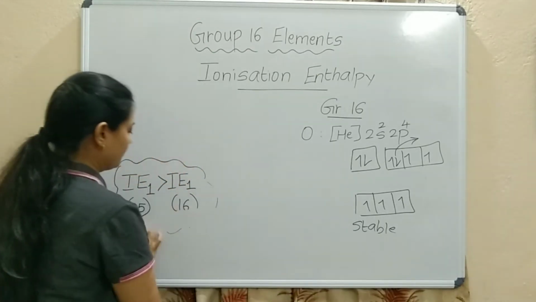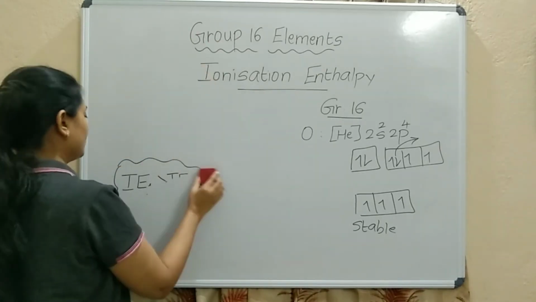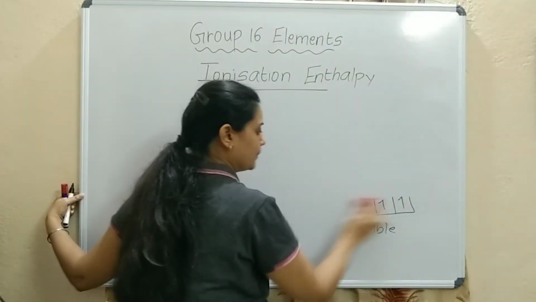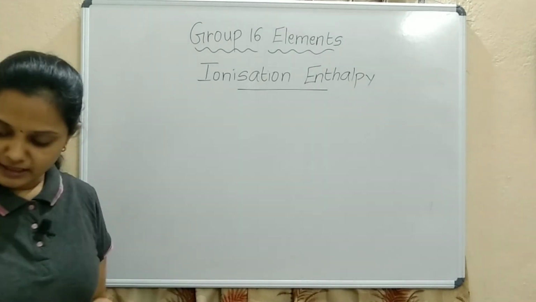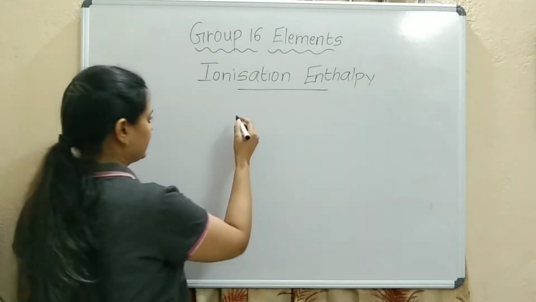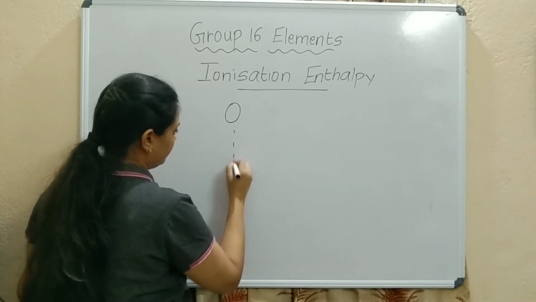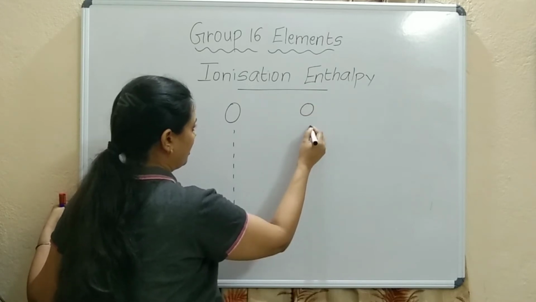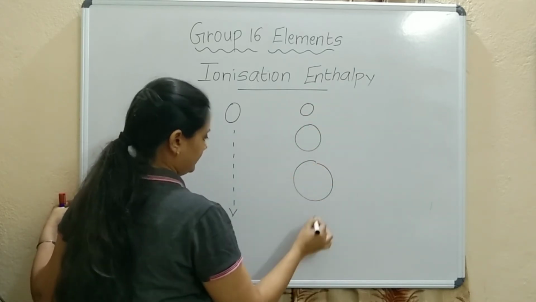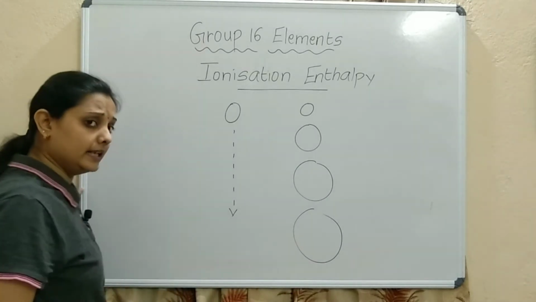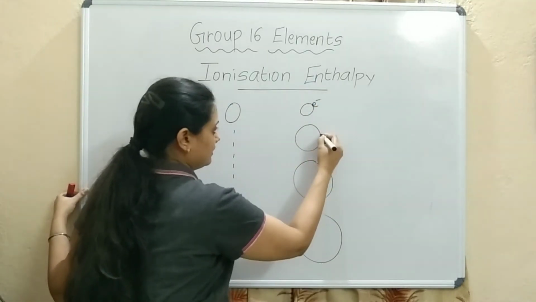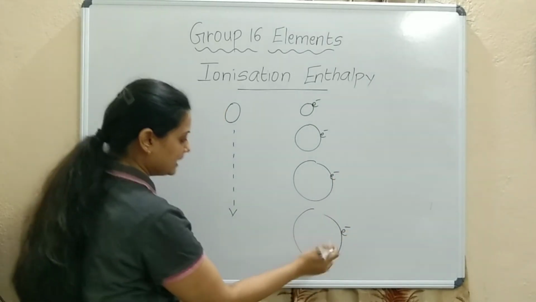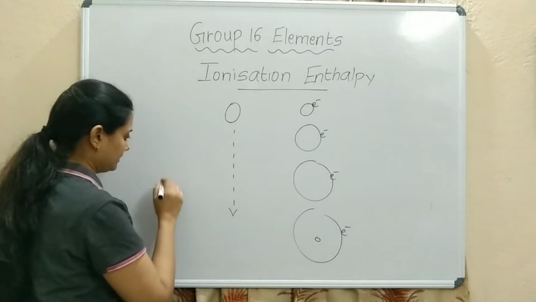Okay, now if we talk of only group number 16, because we are learning group 16 elements, the down the group comparison we have done. Now down the group, what will happen? The ionization enthalpy will increase or decrease? Atomic size is increasing, correct? From oxygen we are coming down the group. So what is happening? The size small, big, big, big, correct? So the last electron is loosely bound to the nucleus in case of the last element,